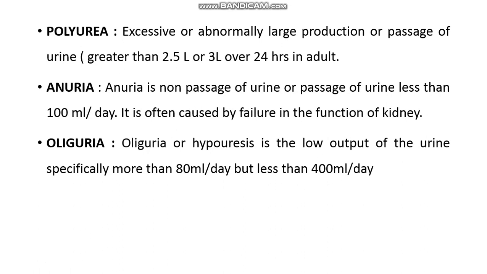Then next are some of the terminologies related to urine flow. Okay, first one, polyuria. Polyuria means excessive or abnormally large production or passage of urine. So a large volume of urine will be excreted out. Normally 2.5 liters to 3 liters of urine is excreted